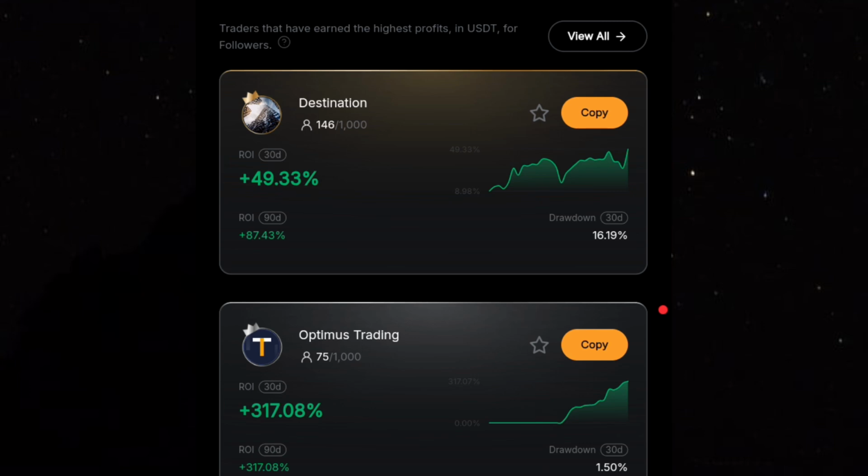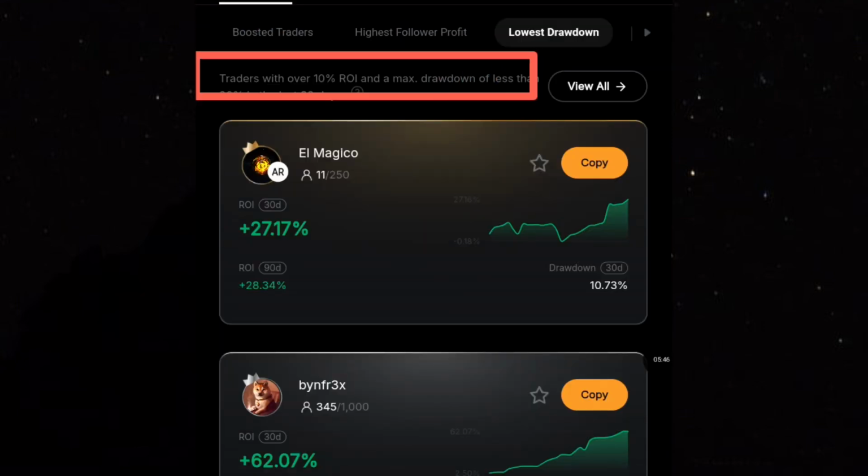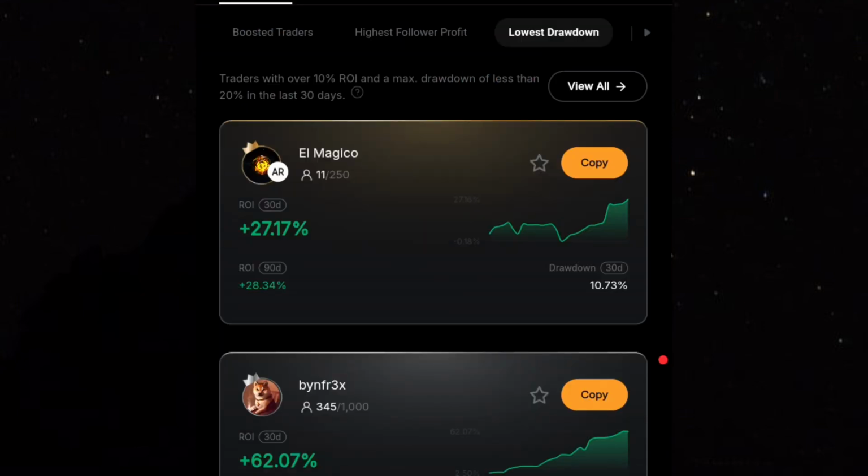You can see lowest drawdown and all of that is another definition of people you can copy. So these are the categories of people you can copy. The last one is traders with over 10% ROI and a max drawdown of less than 20% in the last 30 days, which means these guys can boast of more than 10% profit in the last 30 days. Okay, so among this list, you will now choose